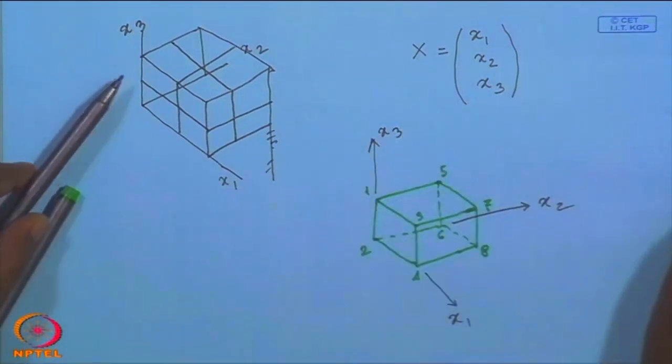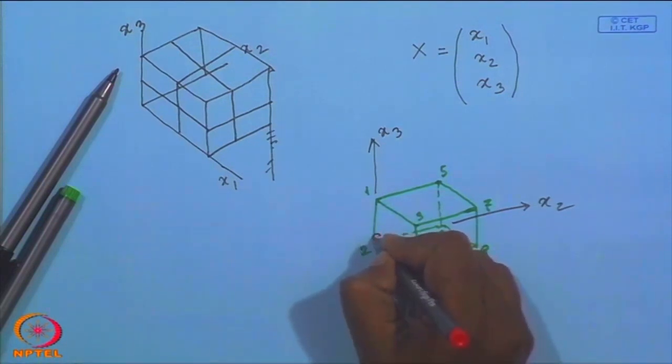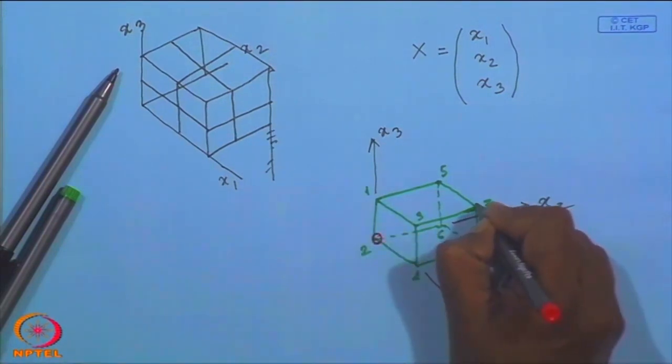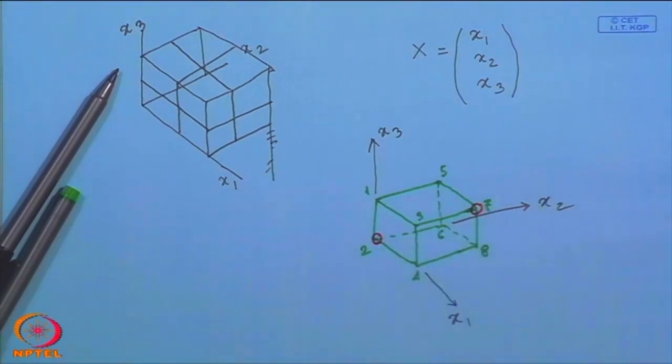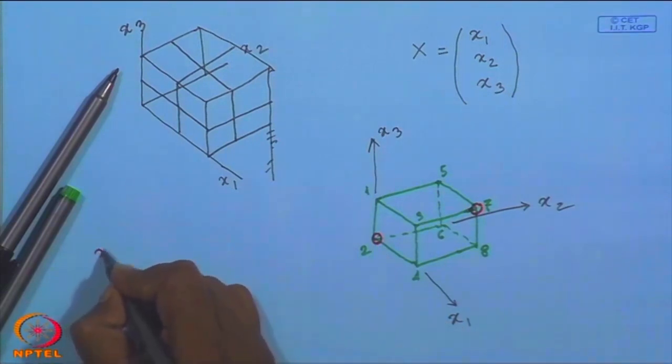Considering this, if I simply specify the coordinates of this vertex and the coordinates of this vertex, that uniquely specifies this particular rectangular parallelogram,